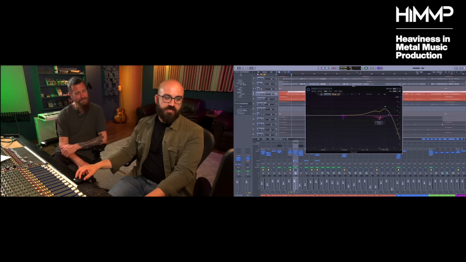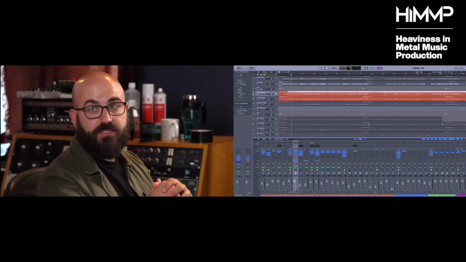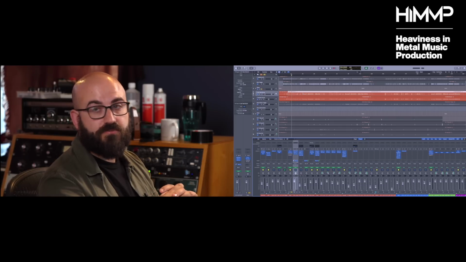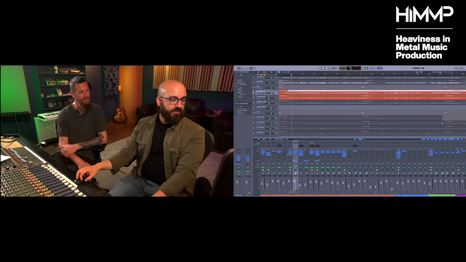Again, just fine-tuning the high end to get it to work in the mix. And I've ended up also low passing it, which is a move I don't typically do. That is specifically because of the cymbal bleed, just trying to reduce that a little bit. In an ideal world, that would have been recorded with a hypercardioid mic, which would have meant the cymbal bleed would have been less audible in the signal. So that would then round out the EQing on the drum. If I show you what that sounds like with the EQ engaged.